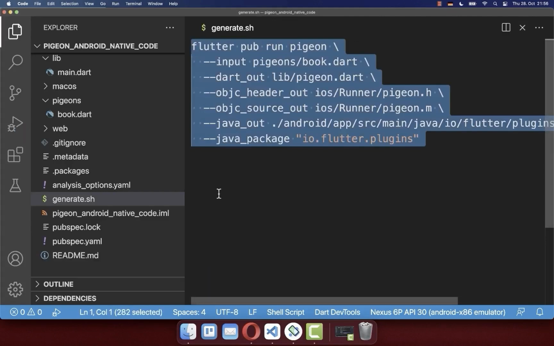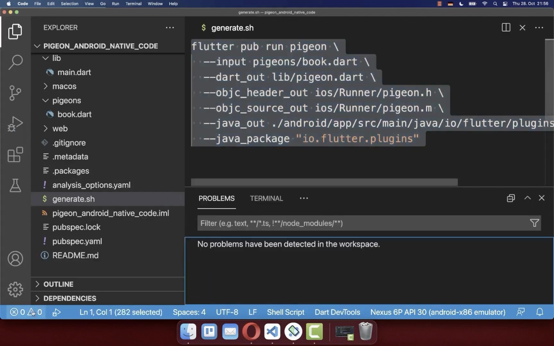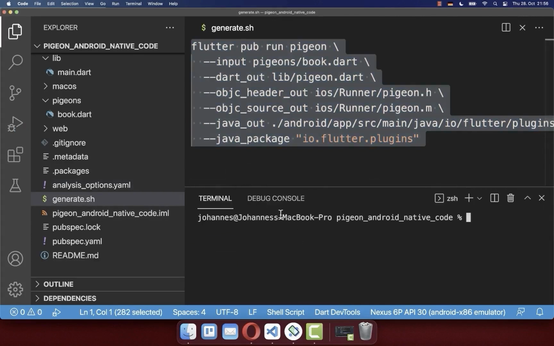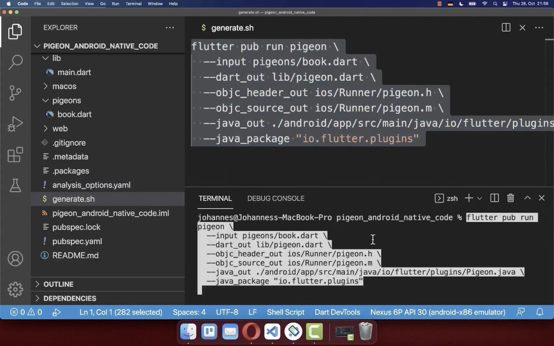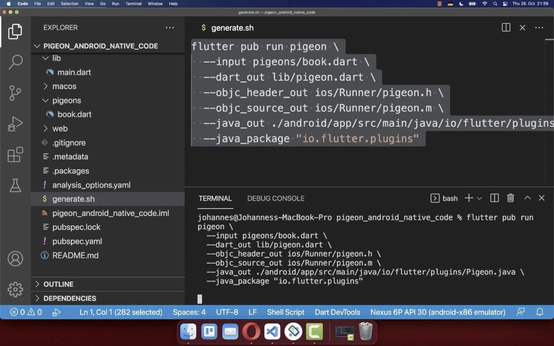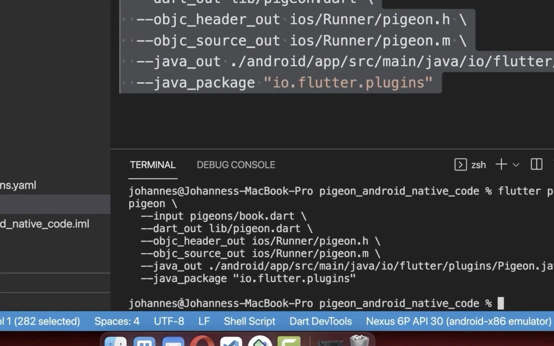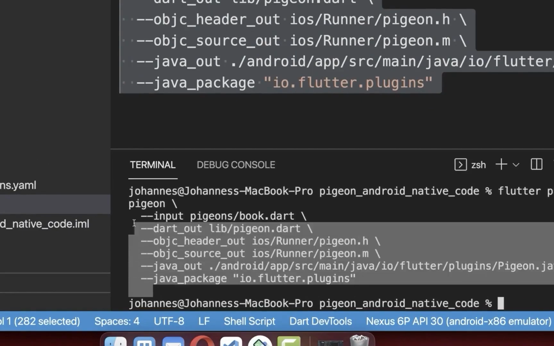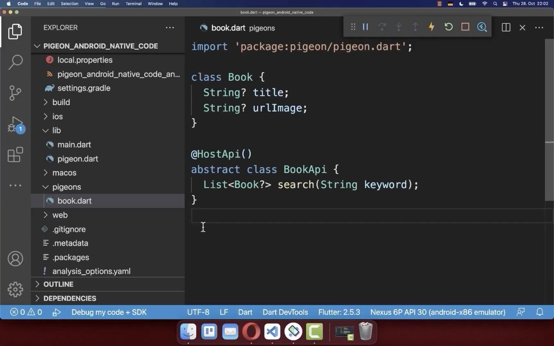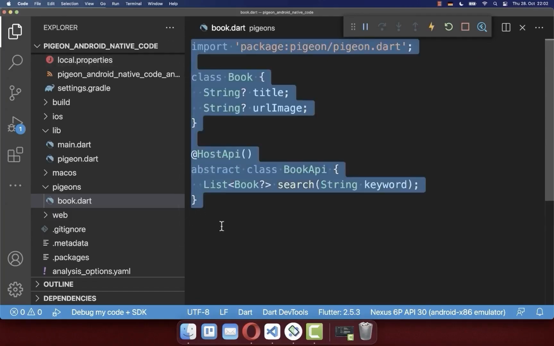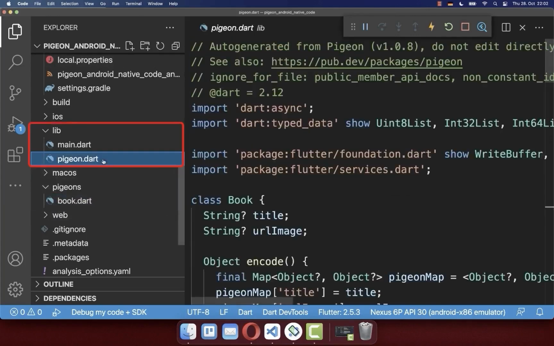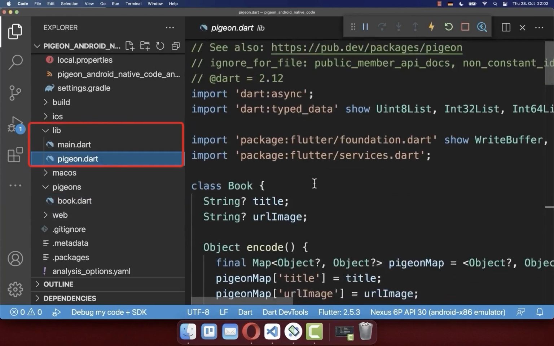And lastly, I want to copy here this command, or you can also run this file directly. However, you can always go here inside of your terminal and paste this command inside. After some time the generation should be successful in case you have no error messages. So all in all, based on this Pigeon template file, we have generated automatically this Pigeon.dart file within our lib